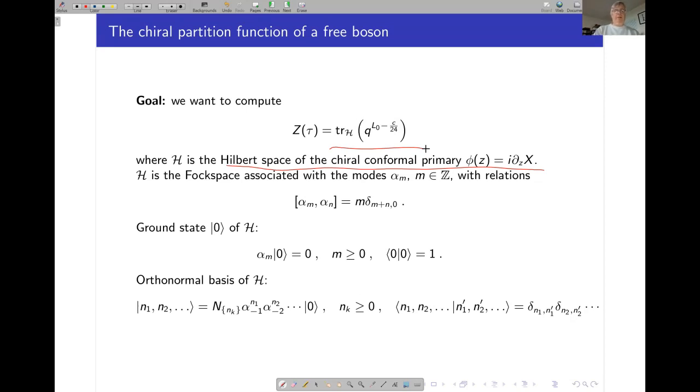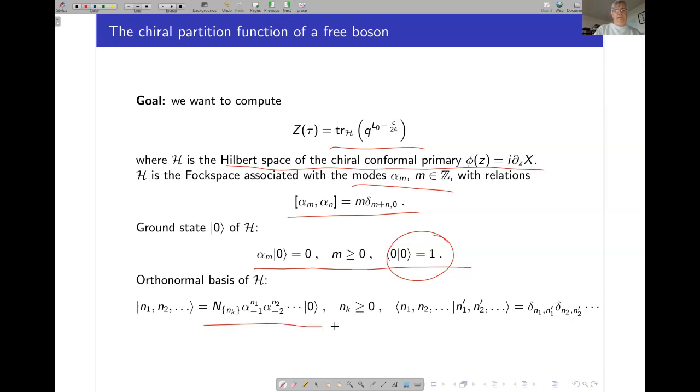So we remember that the Fock space is generated by some mode operators alpha m, which have certain commutation relations. We have a ground state which is annihilated by the alpha m's for m not negative. We normalize the ground state to have unit norm. Then we can form a basis